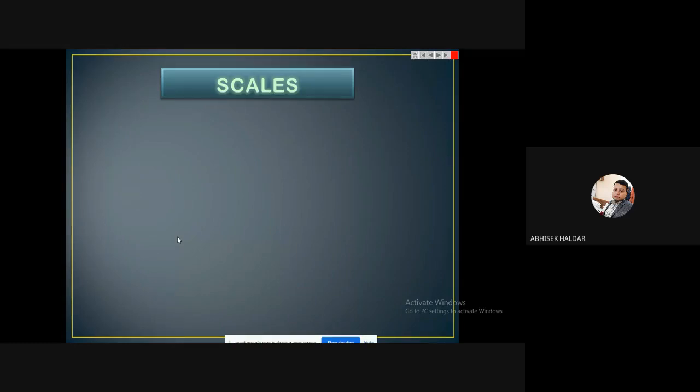There the point of concern of this scale will come: for each and every drawing there should be a scale maintained. Depending on enlarging or reducing the dimension, there may be different types of scales. In the example I gave, we are reducing the dimension of the building and drawing that. This type of scale is known as a reducing scale.